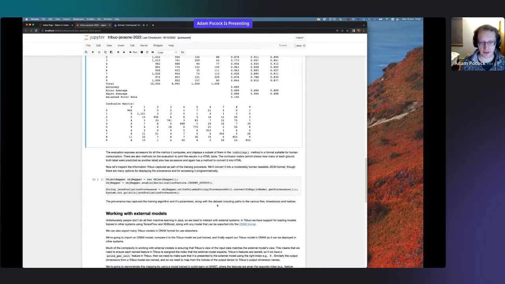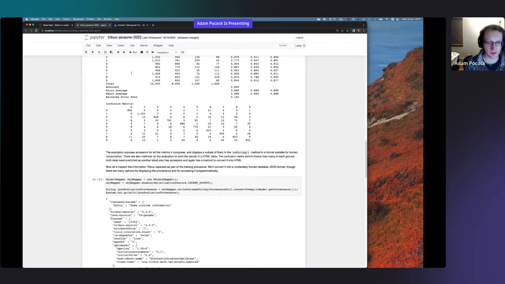As well as having a toString output, you can also dump things out to an HTML table, and there are other ways to access all this information to print it out if you need to. The last thing we're going to check on is the provenance information that I was talking about that we capture, so we're just going to inspect it quickly. We're going to convert it into a slightly lossy JSON format, but there are a bunch of different formats you can print it out in, and it's all machine accessible, right? It's just some objects that we can query.